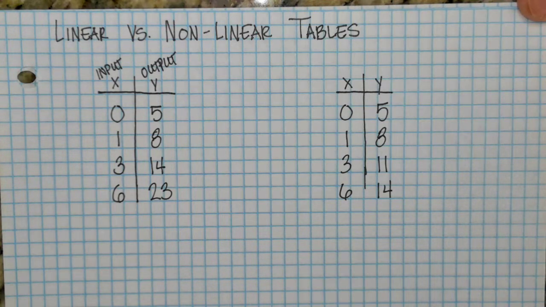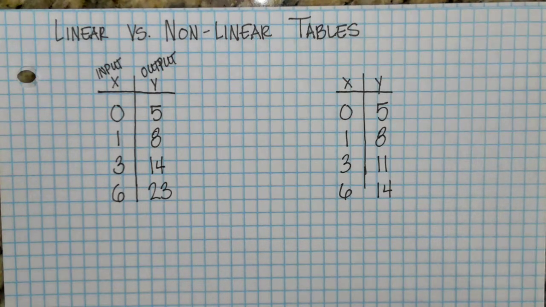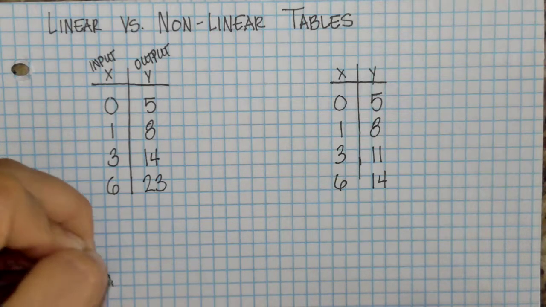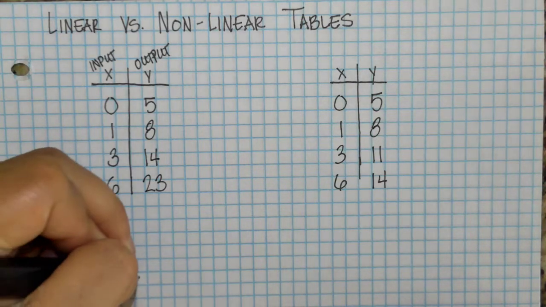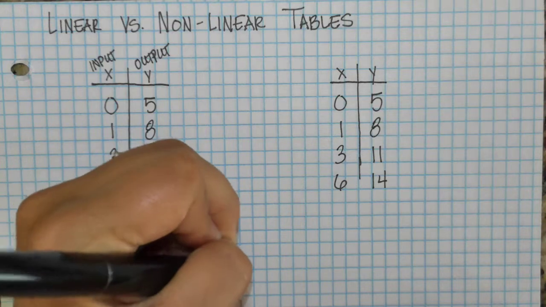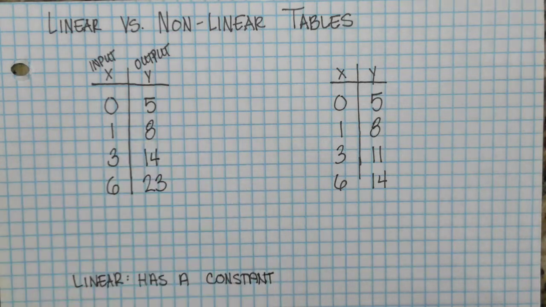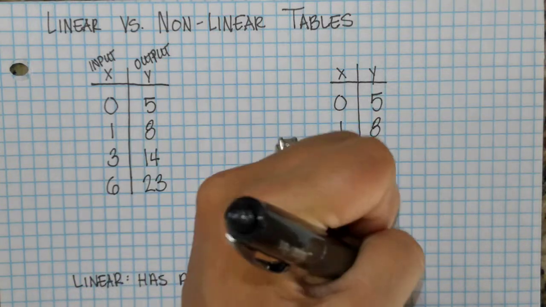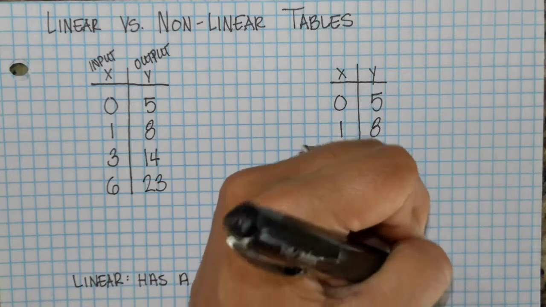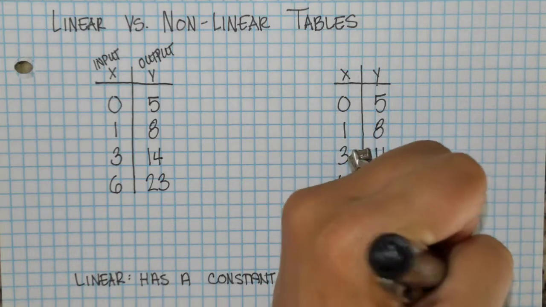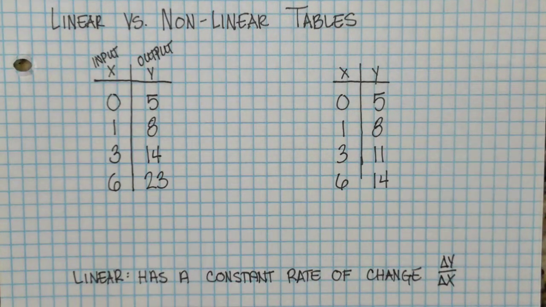Something that defines something as linear means that it has a constant rate. So I might write that as a note somewhere and say linear. The definition of linear has a constant rate of change. And remember, rate of change represented mathematically is the change in the y over the change in the x. Okay, so we're going to dive into that and see which one of these tables is linear and which one